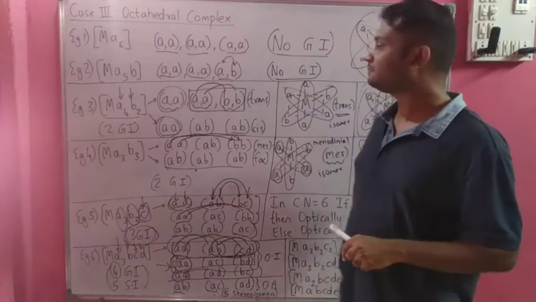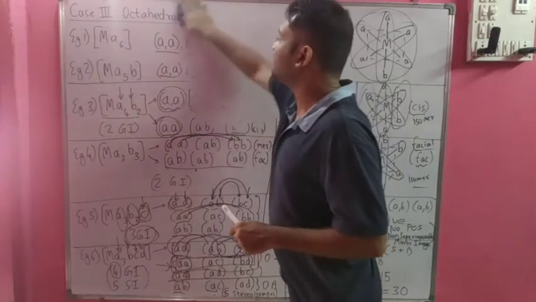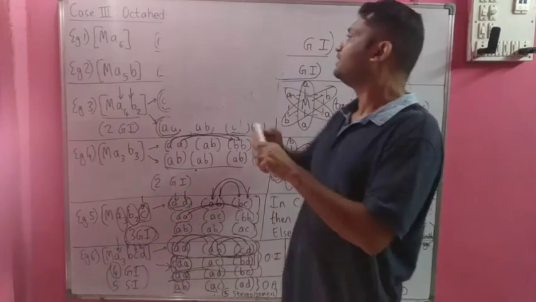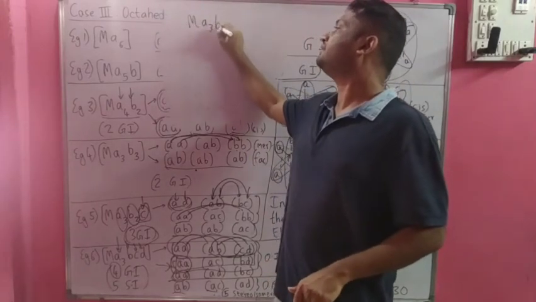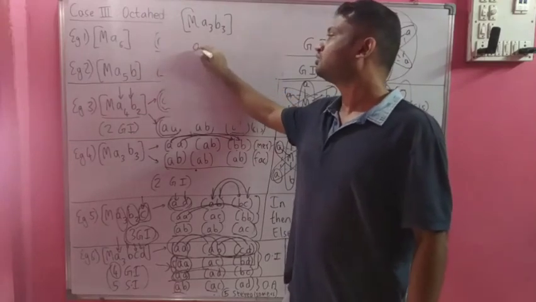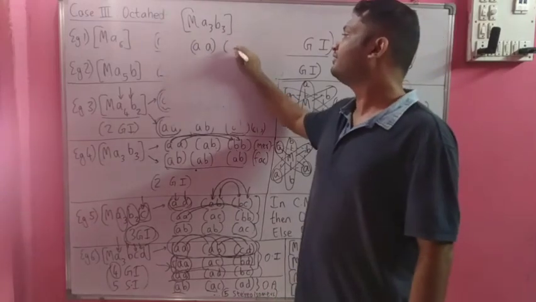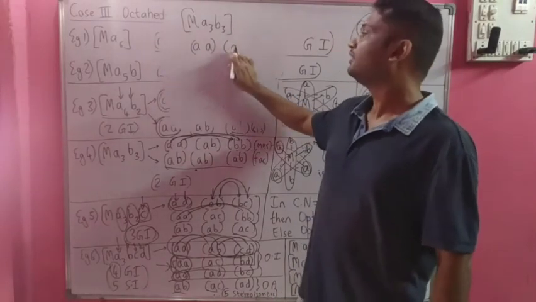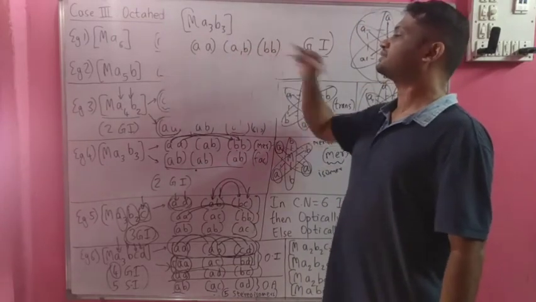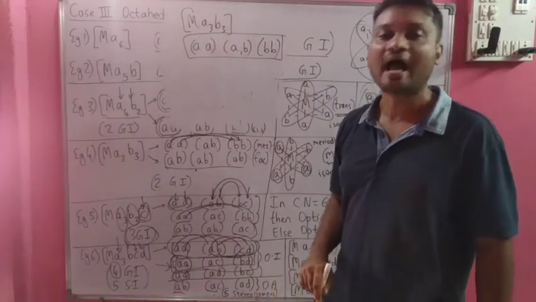So let me explain once again. How will we find geometrical isomers of any set? Once again, let us write MA3B3. If we take this example, first of all, how many A's? 3 A's. So 3 A's we can put as 2 A's in one set. Then we have the third A. So 3 A's are done. Then we have 3 B's. So we will have 1 B here and another 2 B's here. So this is one set which we have. This is one geometrical isomer.